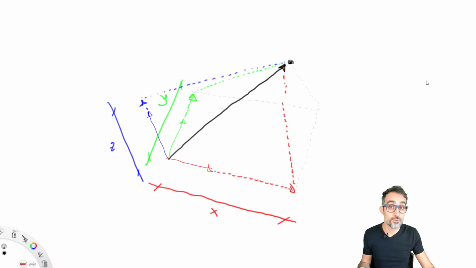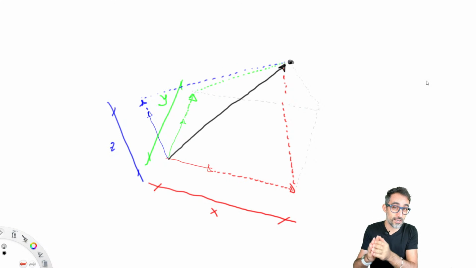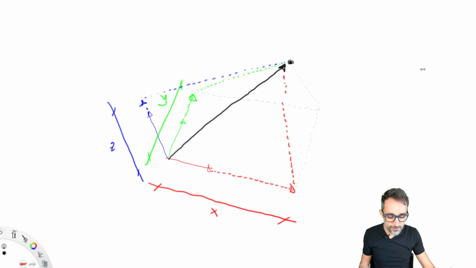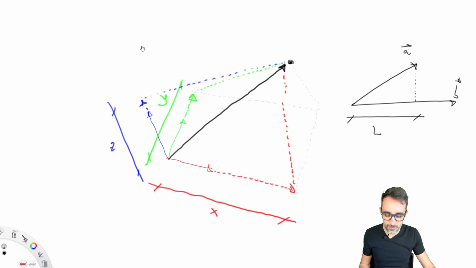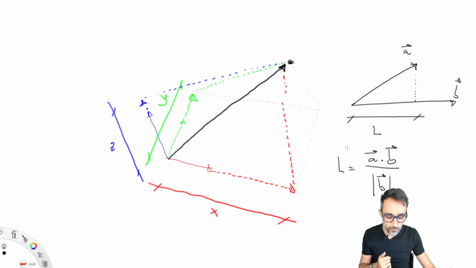And similarly, we can also do the same for the z direction. But now, how can we project a vector onto another vector, and how can we measure that distance? Well, I think we have seen this in a previous gem, but we can take advantage of the dot product of two vectors, because one of the meanings that the dot product has is that the dot product of vector A on top of vector B